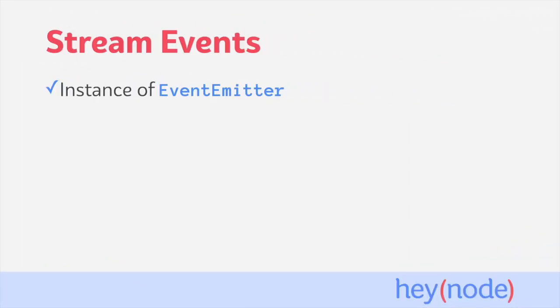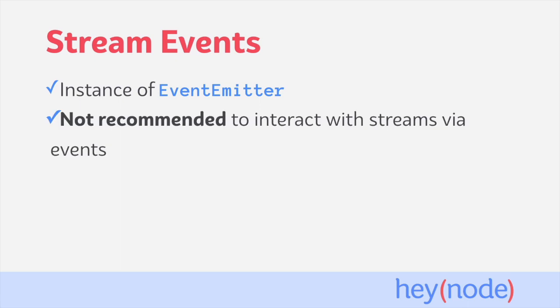All streams are instances of event emitter. Event emitter objects in Node.js are used to emit and respond to events asynchronously. As such, streams emit events of their own which can be used to read and write data, manage the stream state, as well as handle errors. While it's important to understand some of the events that streams can produce to be able to understand what's happening at their low levels, listening to events is not the recommended way to consume streams anymore.